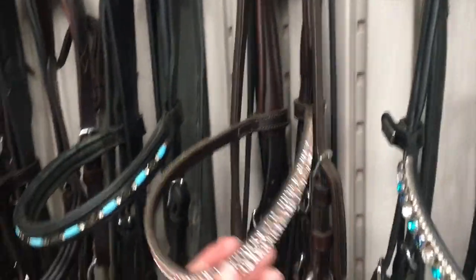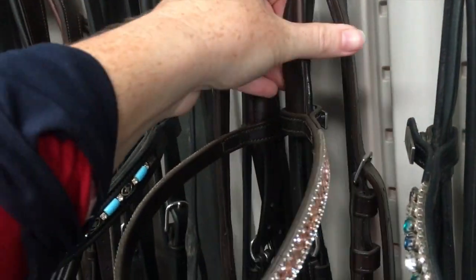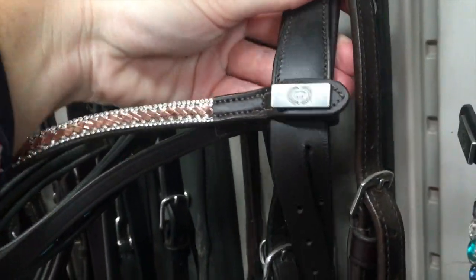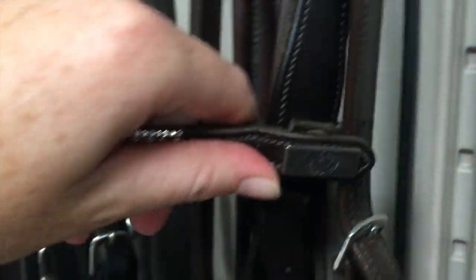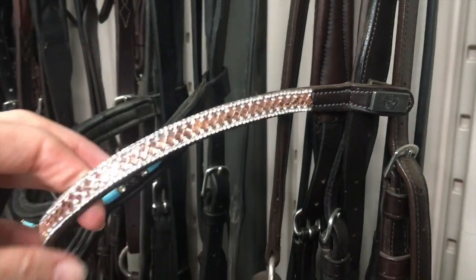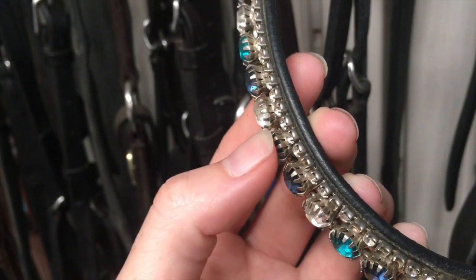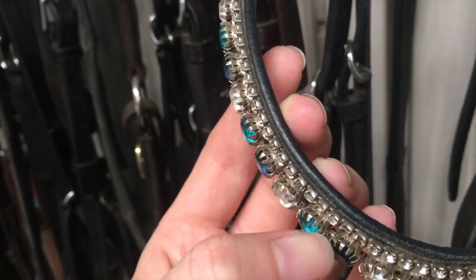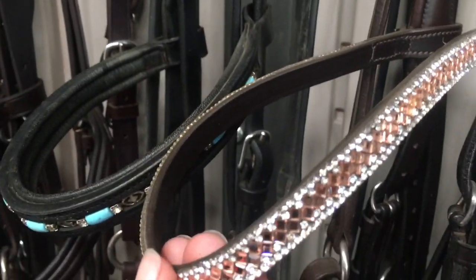And then this is Mia's jumping bridle. And again, I have a PS of Sweden little Browband. There's the thing. Same snap design. This Browband is a little bit different from this one. As you can see, this one is stones set into this metal thingy. I'm not a jeweler, sorry. But this one, it's...